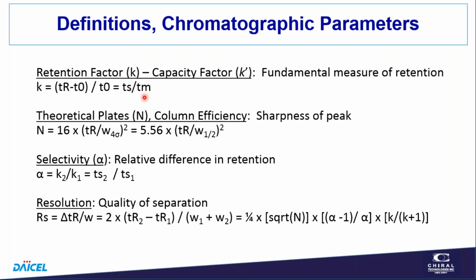the analyte moves at about the same velocity as the bulk mobile phase when it's in the mobile phase. So we can substitute t0 as the time in the mobile phase, and we can know the time in the stationary phase, because it's a difference between the retention time and the time in the mobile phase. So this is a fairly simple calculation. It looks a little arcane, but if you think of it really as a partition coefficient, that becomes fairly useful.